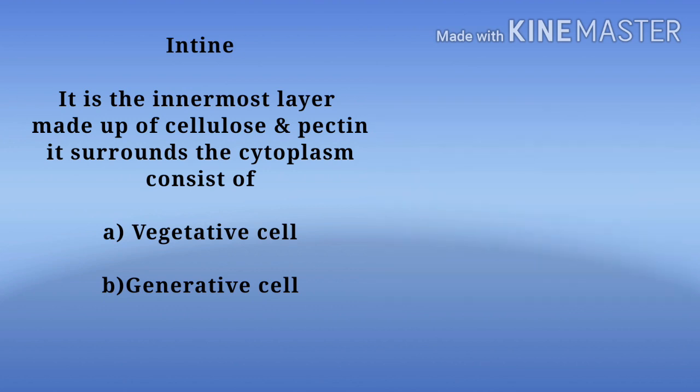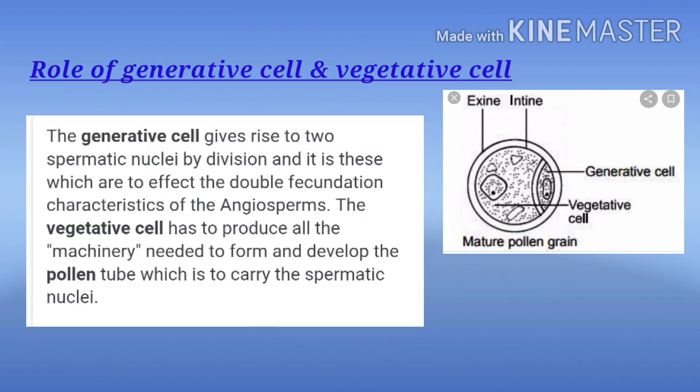I have told you, when the microspore cells go for mitotic division, they will form two cells in the pollen grain, that is your vegetative cell and the generative cell. The vegetative cell is bigger and has abundant food reserves and a large irregularly shaped nucleus, whereas the generative cell is small and floats in the cytoplasm of the vegetative cell. It is spindle shaped with a dense cytoplasm and a nucleus. It will form the male gametes further.